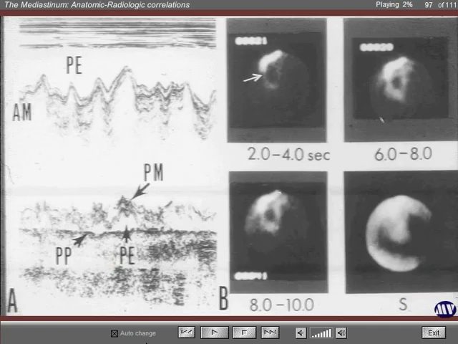This next case also shows pericardial effusion by echocardiography. However, the intravenous injection of a radionuclide shows a holdup in a dilated left innominate vein and superior vena cava. And there is a relative narrowing at the junction of the superior vena cava with the right atrium, as indicated by the arrow. Whenever we see this, this is indicative of either metastasis to the right side of the heart